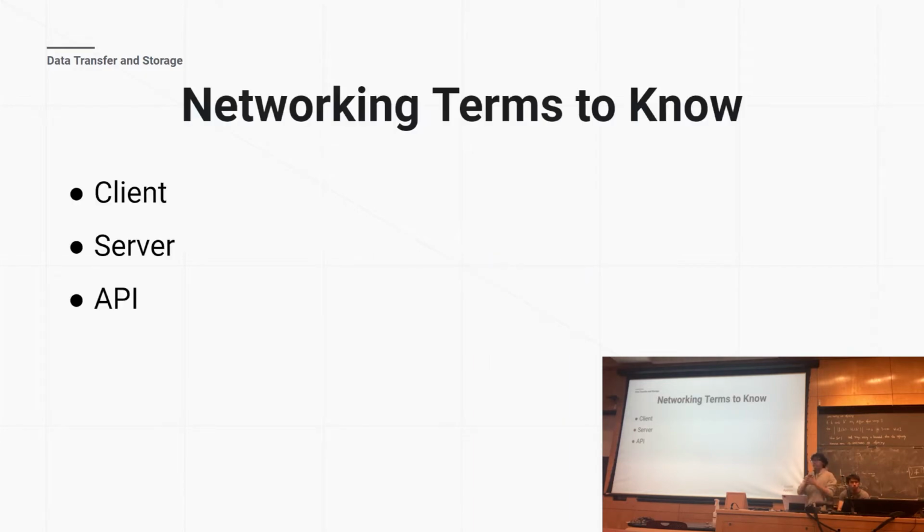These are some terms that we would like you to know. There is the client. This is you, your mobile application. The client wants to communicate with the server. The server in this case would be the internet, your backend, right? The client will make a request to the server for information. The server will give a response to the client. And the API defines how the client and server communicate.